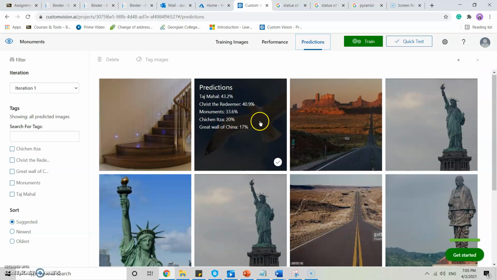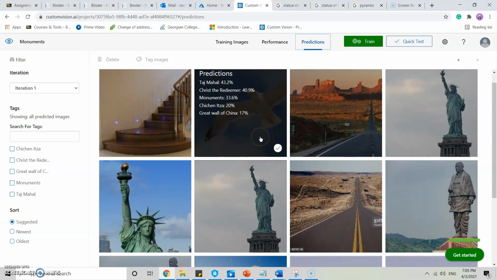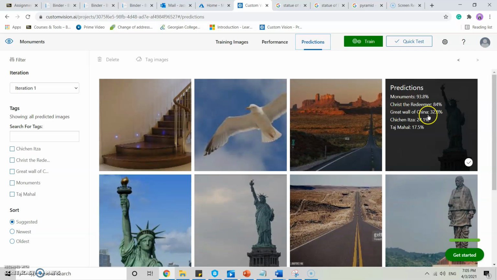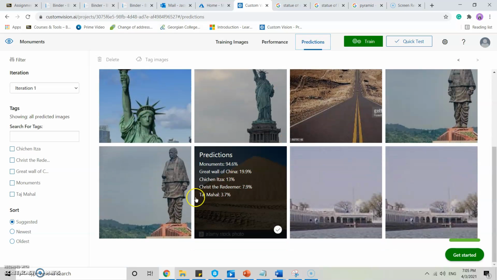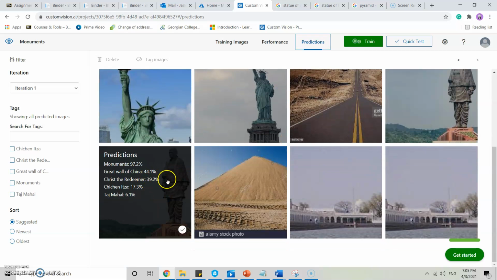Same with this, it's detecting the Taj Mahal because of its white body and blue background. And same with this, it's detecting Christ the Redeemer at 84%, and it's detecting this as Great Wall of China because of the background.